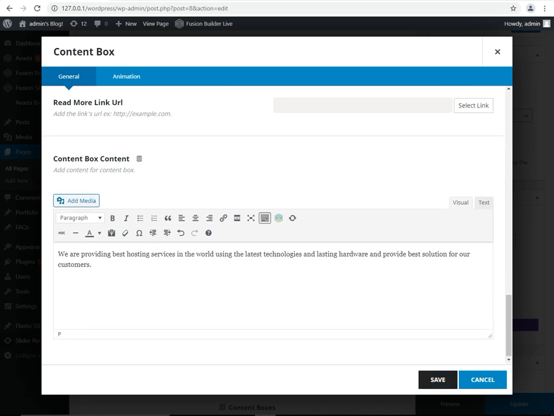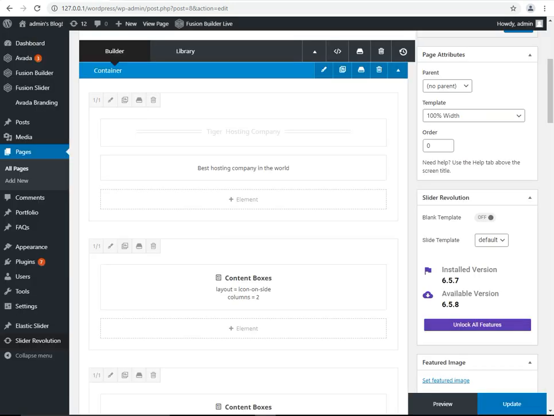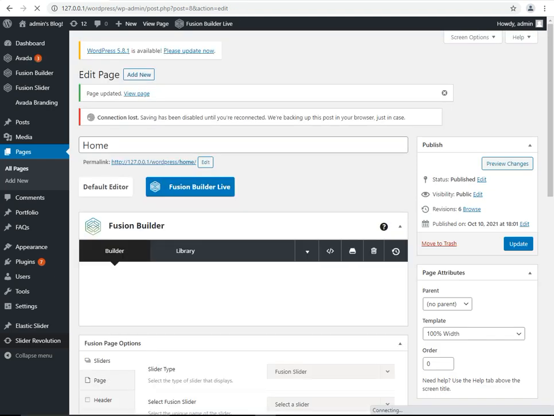I am going to save this, again save this, and again update this. System will take a few seconds to update this. Wait please, system will redirect.